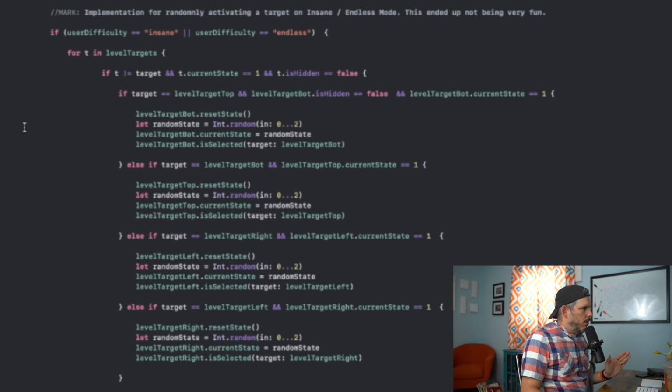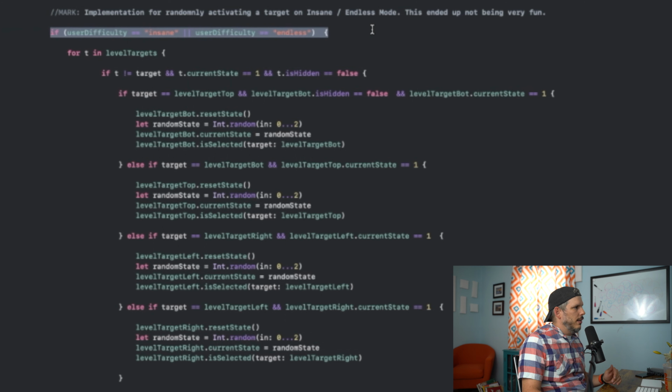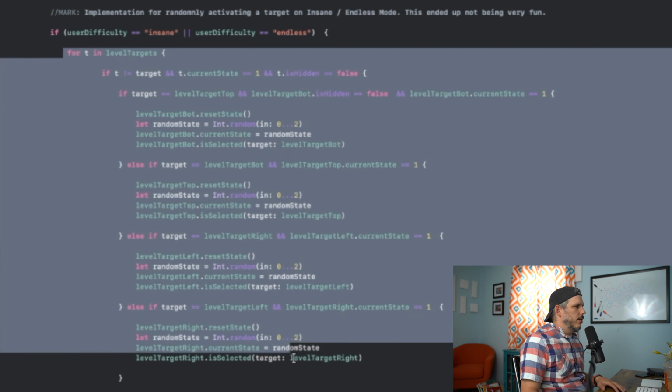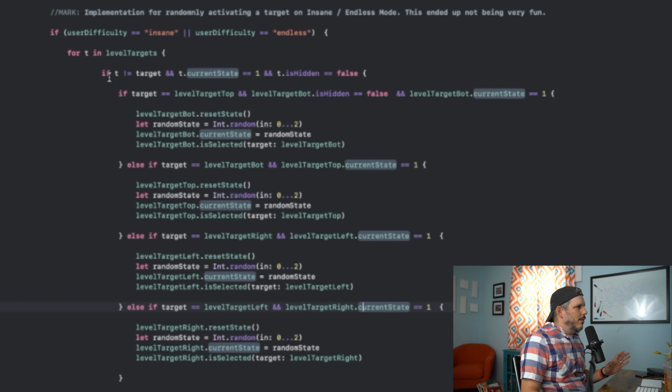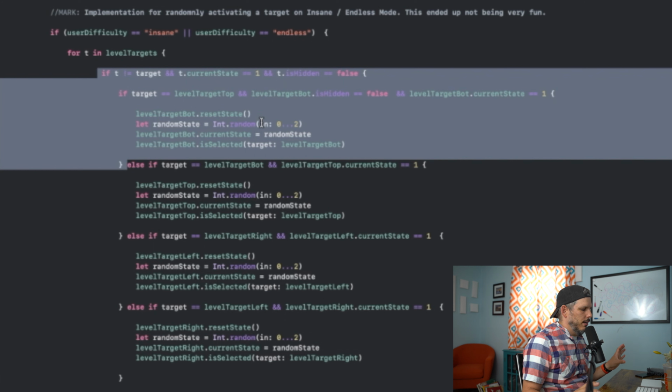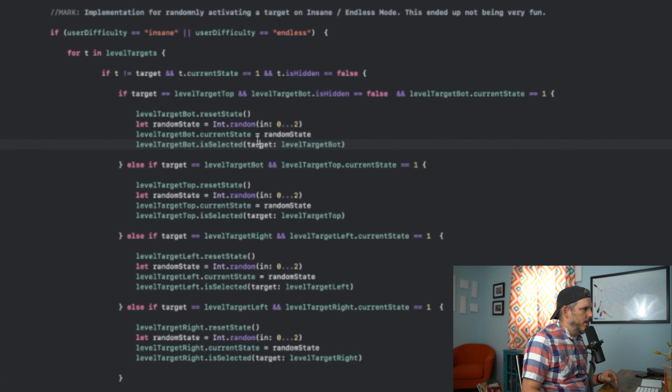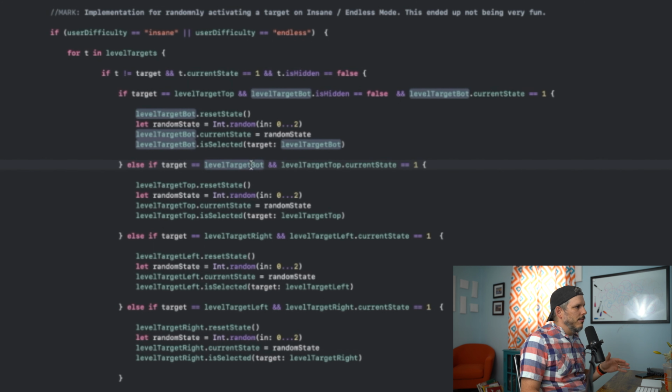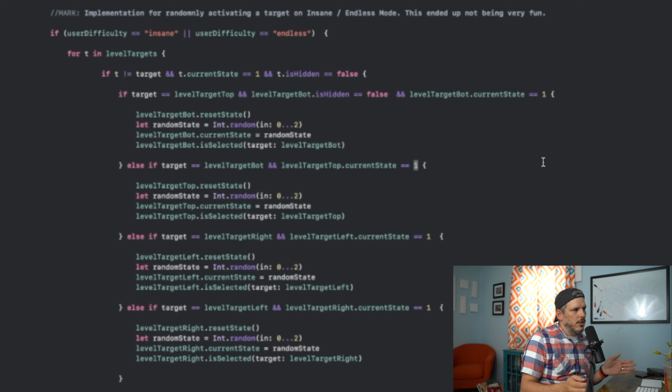Simple. Now what we're going to do is, if we're on the insane or endless difficulty modes, then we're going to come in and we're going to search the level targets. And we're going to ignore this first one because this is just about hidden targets, which is a design feature of the game. You don't have to know that. We're going to come into this if statement. We're going to say if our target is the bottom target, then if the top target's current state is 1, which as we just saw means that it's currently not selected for anything, we're going to first reset the target,